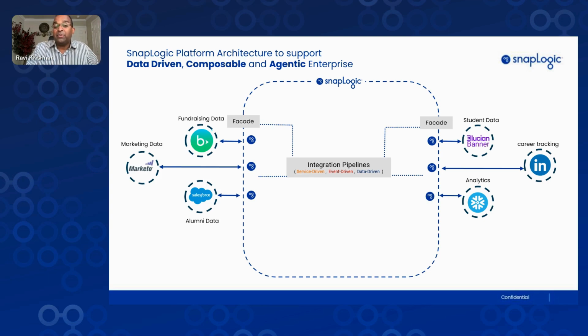Now, the reality is that institutions today have a variety of different tools to support each one of those integration needs. You have a tool for API or iPaaS-based integration. You have a tool for ETL and ELT. You have a tool for streaming. You name it. This fragmentation of integration tools has really impacted the ability of enterprises to realize the true value of AI, because AI has to work across all of these different integration tool sets. This is where SnapLogic has converged all those integration styles into one single unified platform, so you can focus on data that means business and not worry about all these fragmented integration